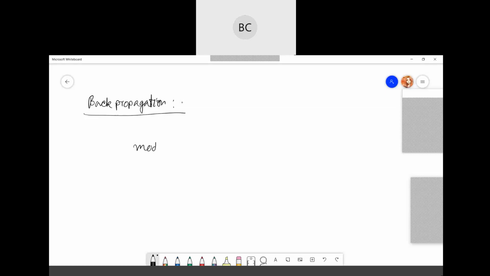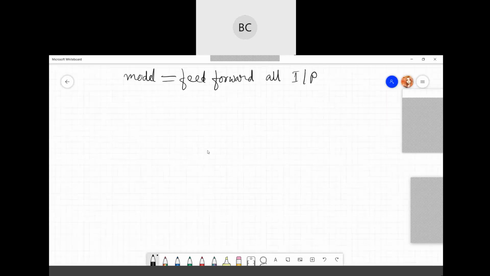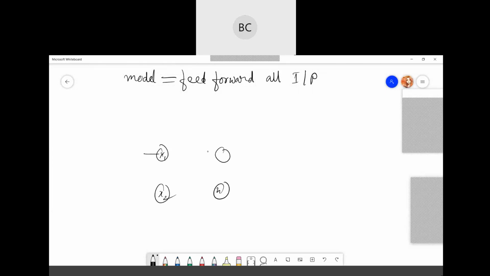You will have your model, then you will feed forward all inputs. Whatever input value you have, you will have at least one hidden layer for an ANN, then you will have an output.